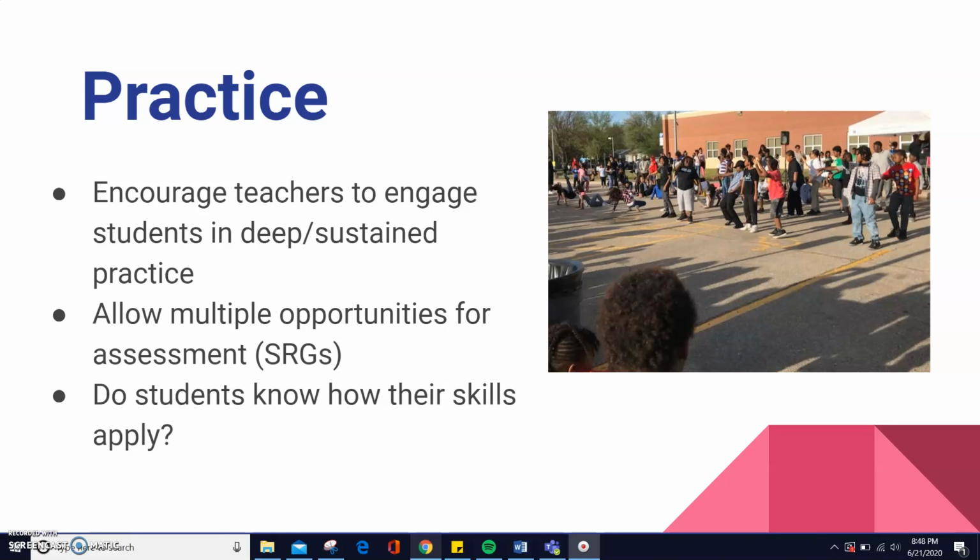The picture I have is a group of fifth graders who are performing a dance that they learned at an annual community event that we hold, where they spend 6 weeks learning the choreography to the dance, and the community gets an opportunity to vote on which grade level performed their dance the best.